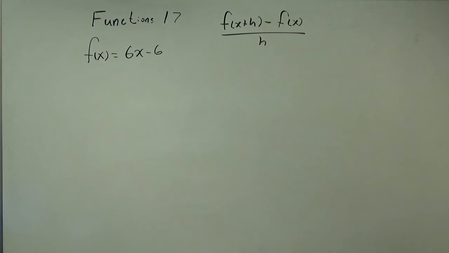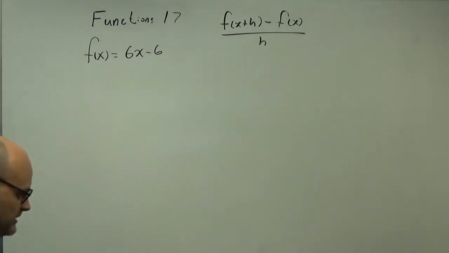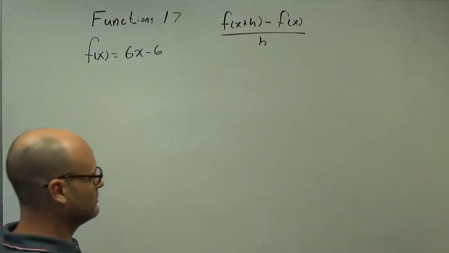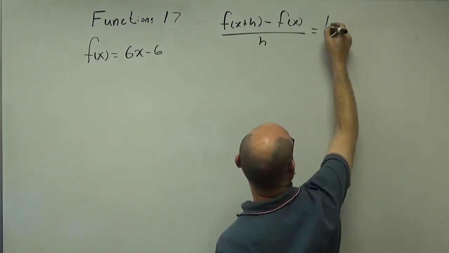Good morning. So here they want us to find, this is called the difference quotient. Now they break it into three steps. They say first find f of x plus h, next find f of x plus h minus f of x, and then find f of x plus h minus f of x over h. So they break it into three steps. I'll do that too. One thing I want to point out though, because I think it makes it much easier,